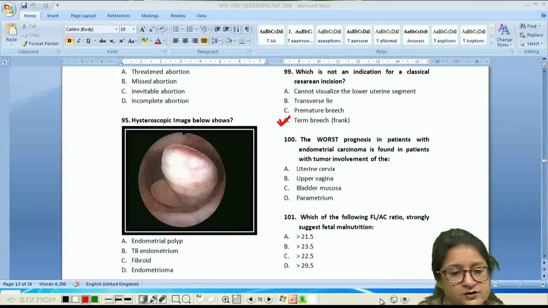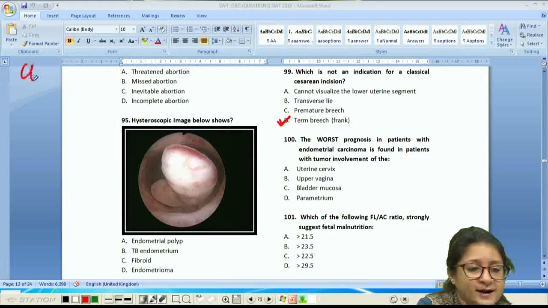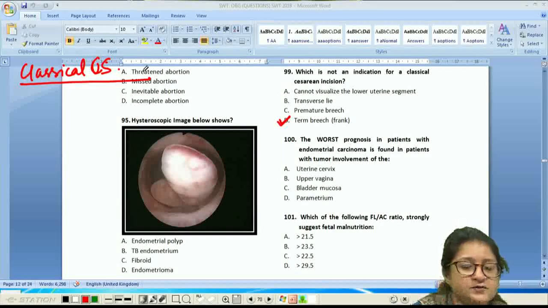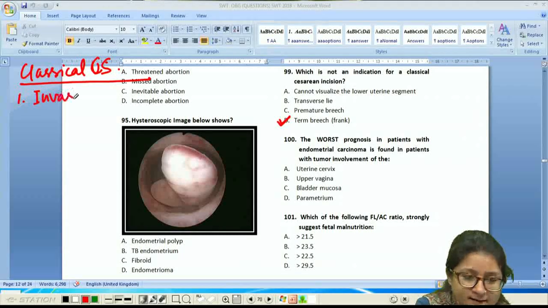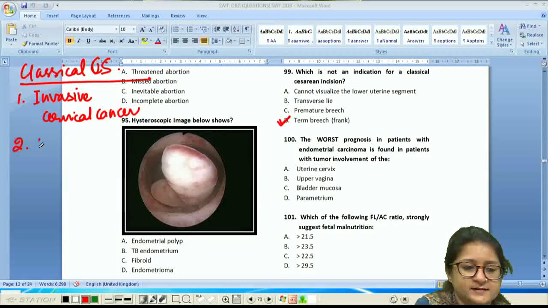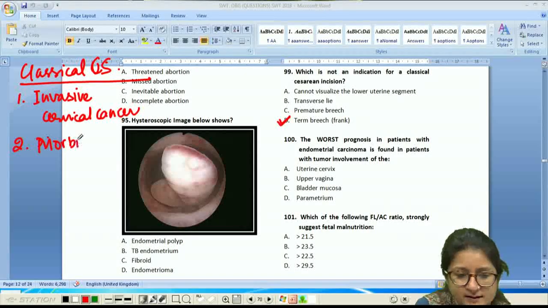There is no such indication. Now, remember that for classical cesarean section or upper segment cesarean section, the only two valid and absolute indications are invasive cervical cancer, and the second indication is a morbidly adherent placenta